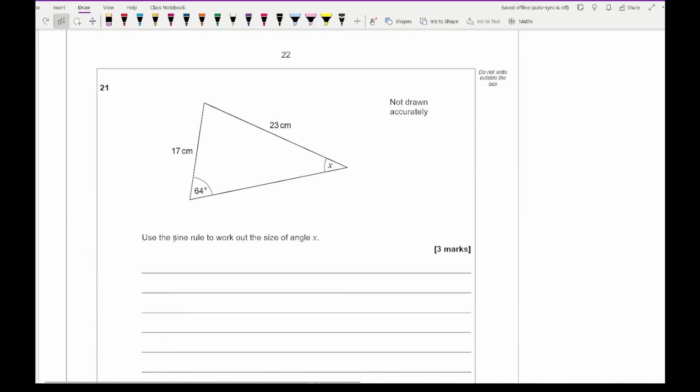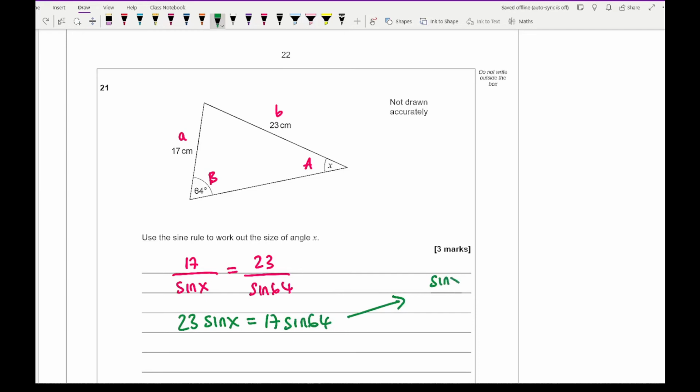Moving on to question 21, it says use the sine rule to work out the size of angle x. So this should be relatively straightforward. This is my A, that's my little a, this is my B, that's little b. So what we've got is 17 over sine x equals 23 over sine 64. So then cross multiplying, let me do it the other way actually. So 23 sine x equals 17 sine 64, which therefore becomes sine x equals 17 sine 64 divided by 23. So x equals the inverse sine of 17 sine 64 over 23. And if I type that all into my calculator,